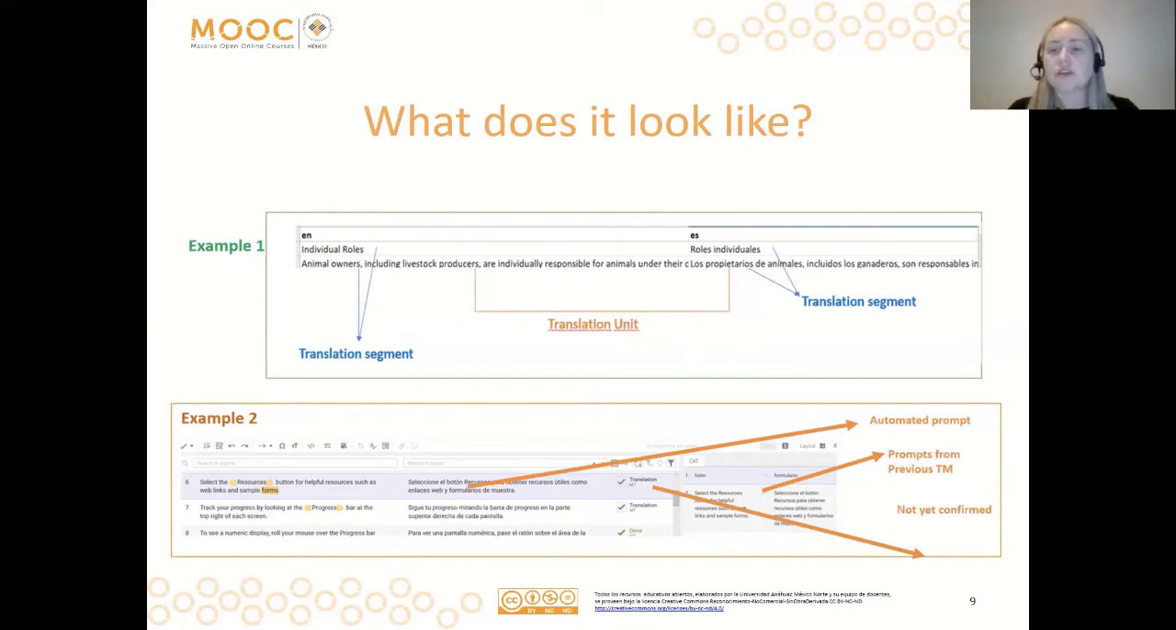But if I want to just look at one part of that, and I just want to take a look at roles individuales, that part there is what we call a segment. The bit underneath, los propietarios de animales incluidos, etc., that part here is what we would consider to be a segment also. But if I match this segment with its corresponding source text, I'm now talking about a unit of